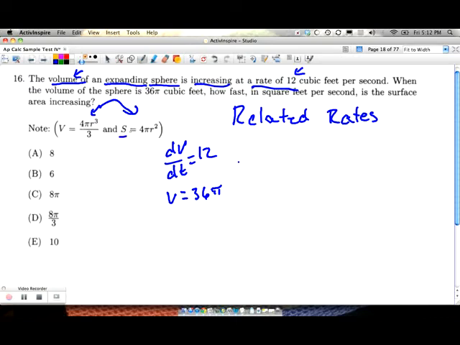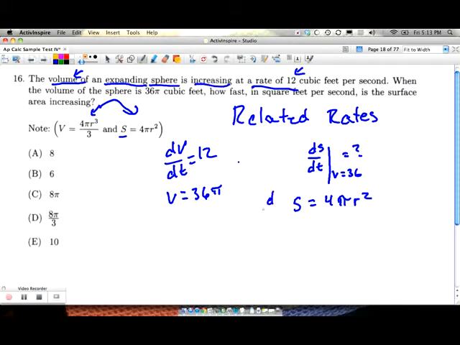In order to figure this one out, we need to figure out what ds dt is at volume equals 36 pi. We don't know what that is, but we're going to figure it out. So here we go. I know that if I were to start with s equals 4 pi r squared,